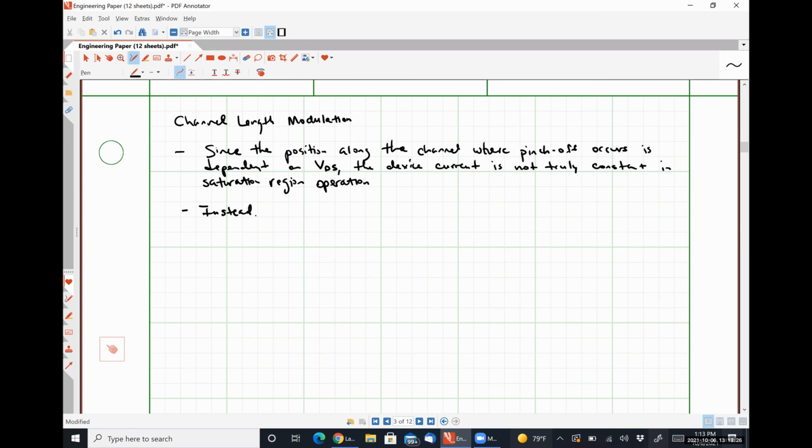Instead, the device current depends on a channel length modulation coefficient. And I'm going to use